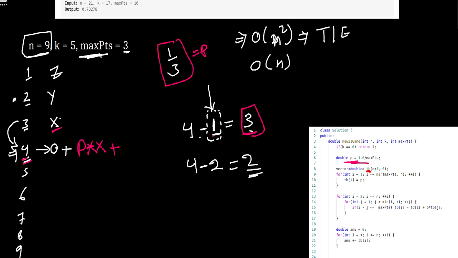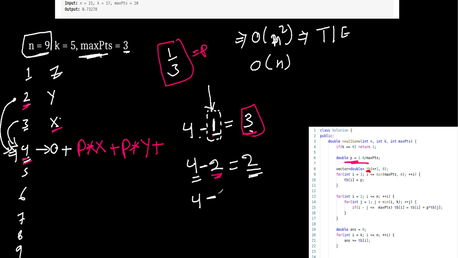Let's say we are at 2 and we draw 2 points, so we can go to 4. That means also for 4 we need to add the probability of drawing 2 points multiplied by the solution for 2, which is y, plus. Also we can reach 4 from